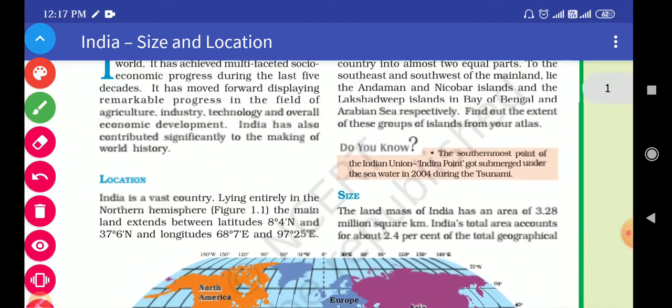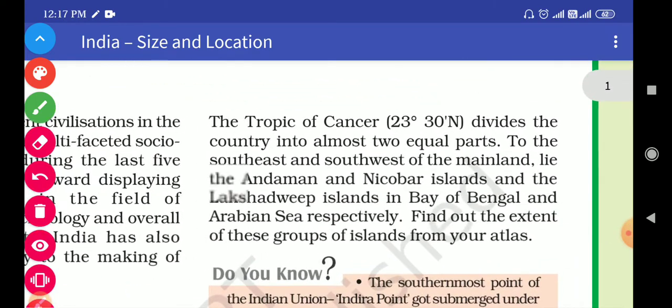Now look at the another paragraph. Here it is written: the Tropic of Cancer, 23 degree 30-minute north, divides the country into almost two equal parts. To the southern east and the southern west of the mainland lie the Andaman and Nicobar Islands and the Lakshadweep Island in Bay of Bengal and Arabian Sea respectively. Find out the extent of these groups of islands from your atlas. Now, in order to understand